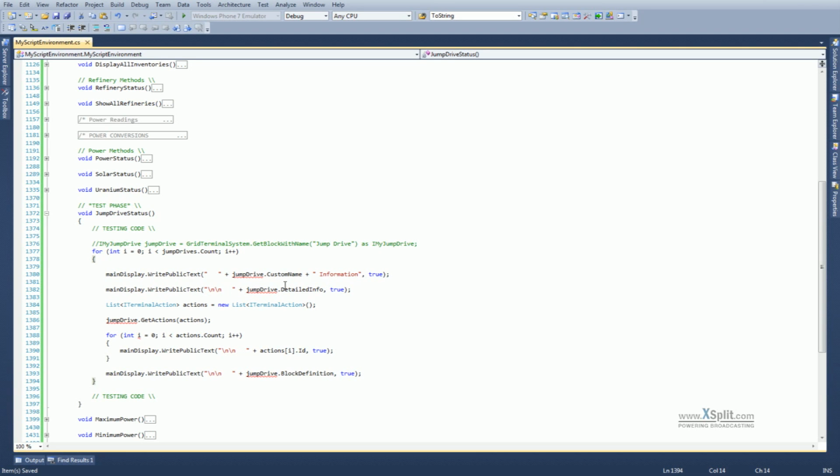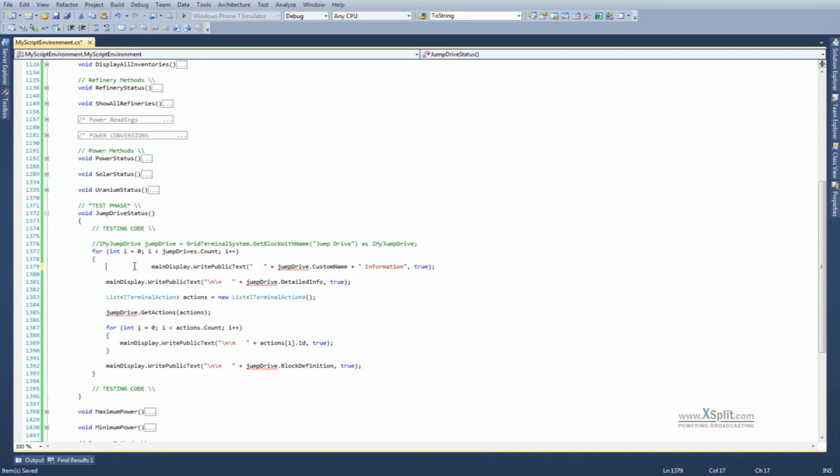In this case, this setup really doesn't work. What we'll do for now, since I only have one jump drive, is we will change this to jump drives at I. And essentially it's still going to be listing all the stuff. And we'll change this to I2, and this can be I2. And there we go. The reason I'm doing it that way